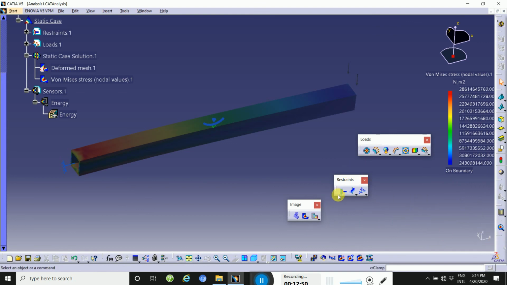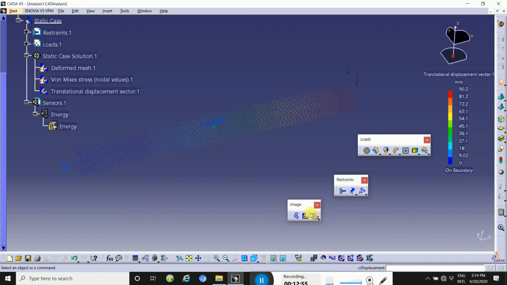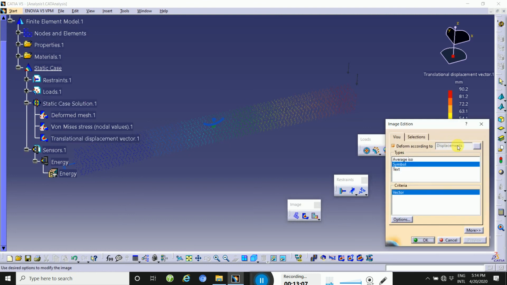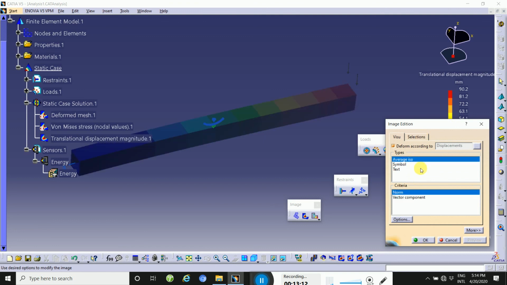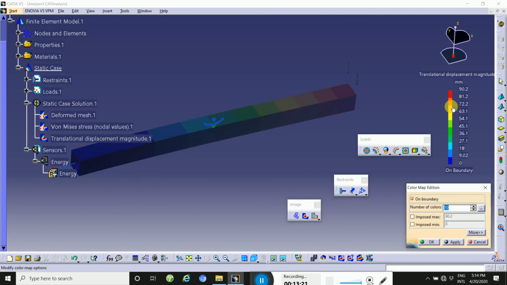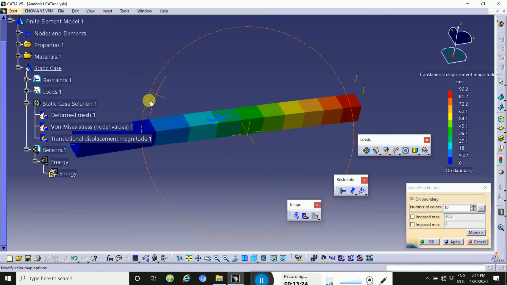And then displacement this way. See here the form of decimals. Click here, double click, then go to average ISO. This is the deformation.